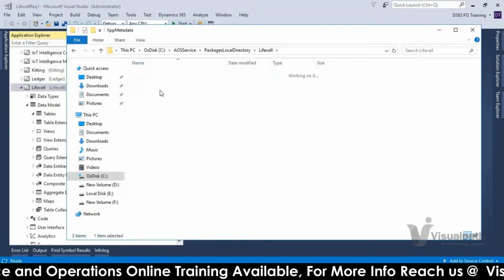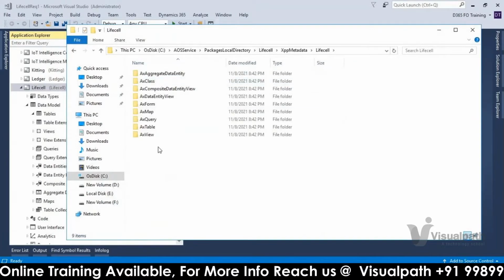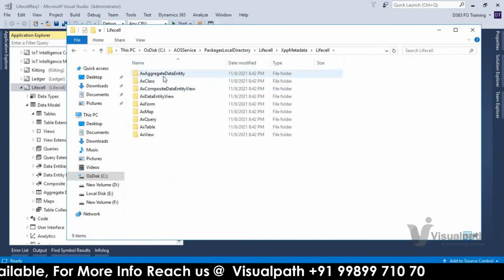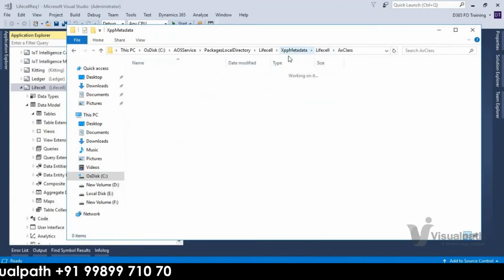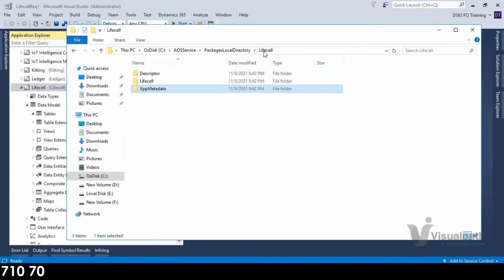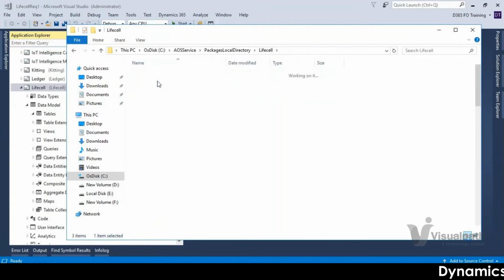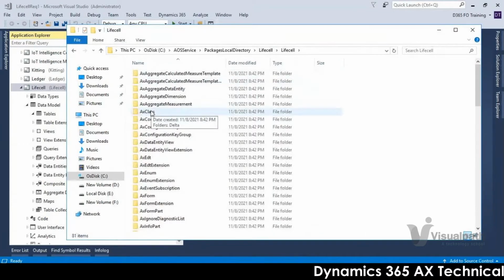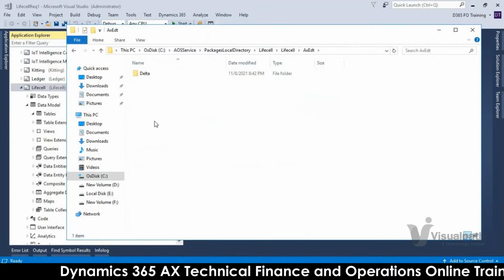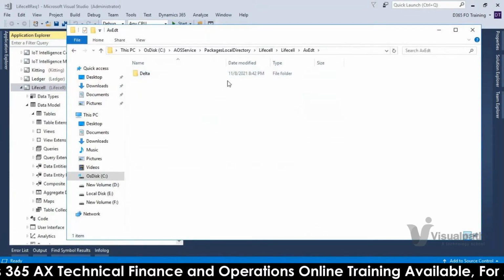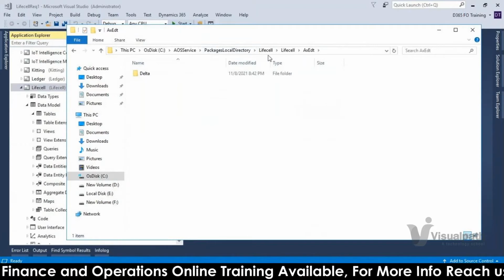Once you compile the code, whatever binaries are generated will be generated under these folders. That is the metadata. And once you create any object, for example an EDT, it will be added here.